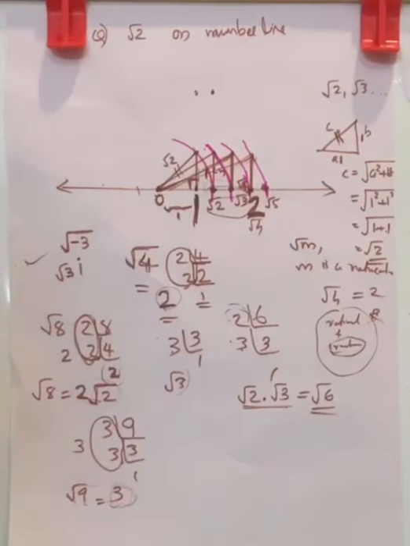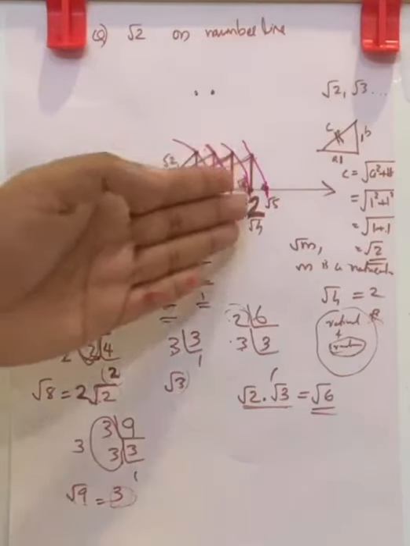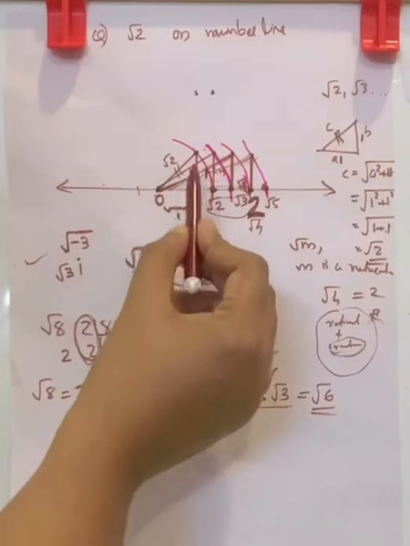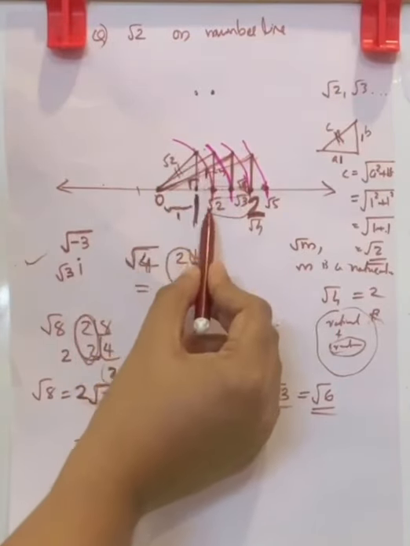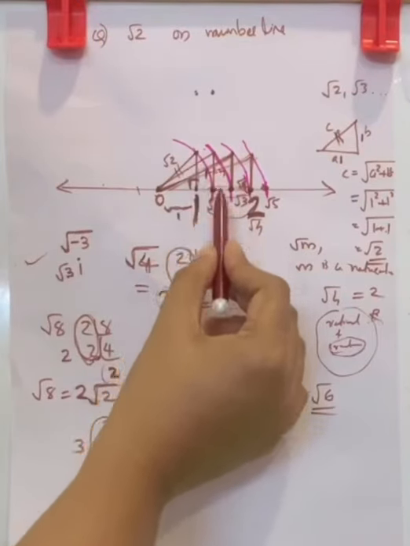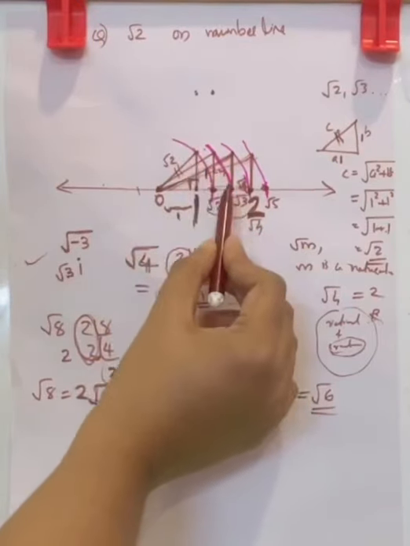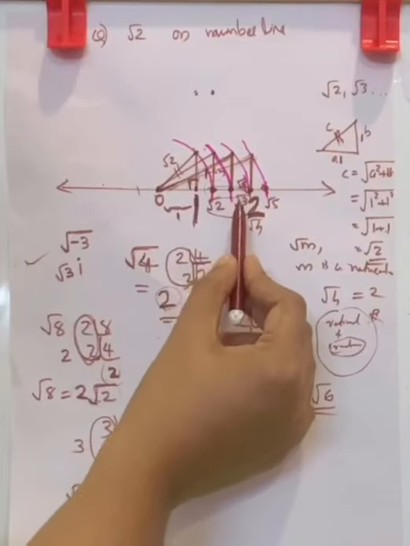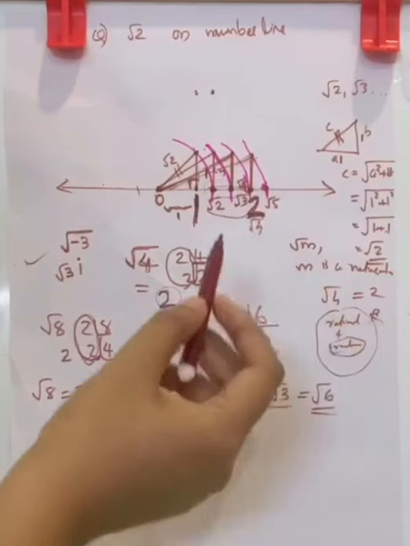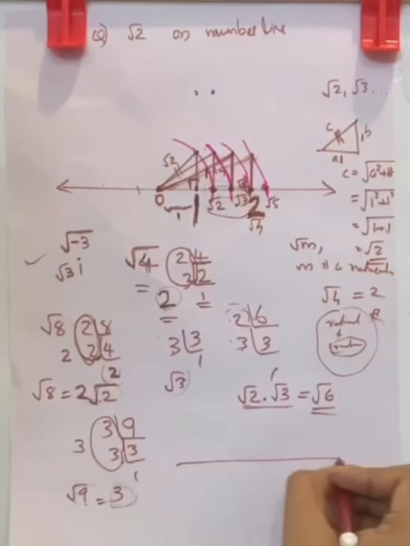Now next is show how root 5 can be represented on the number line. That we have already done here. First, you can start from here, 1, from that you will get root 2. Now drawing 1 unit here, and drawing another arc, you will get root 3. From that you will get root 4. Root 4 is 2.